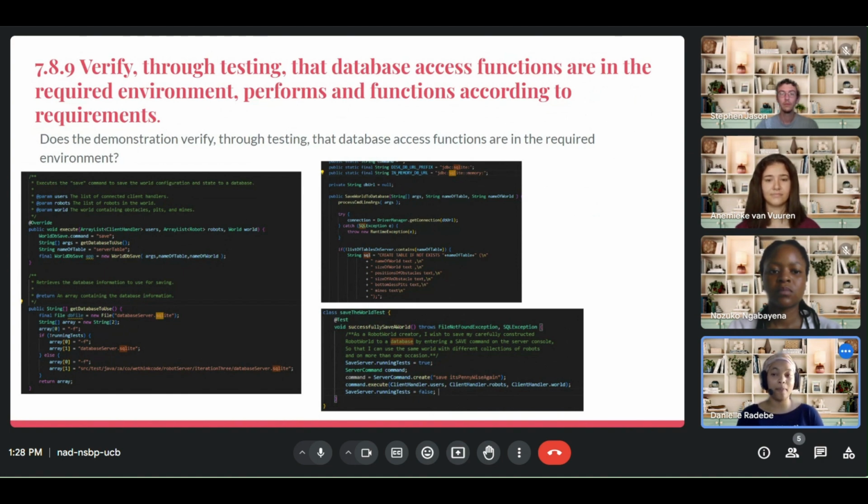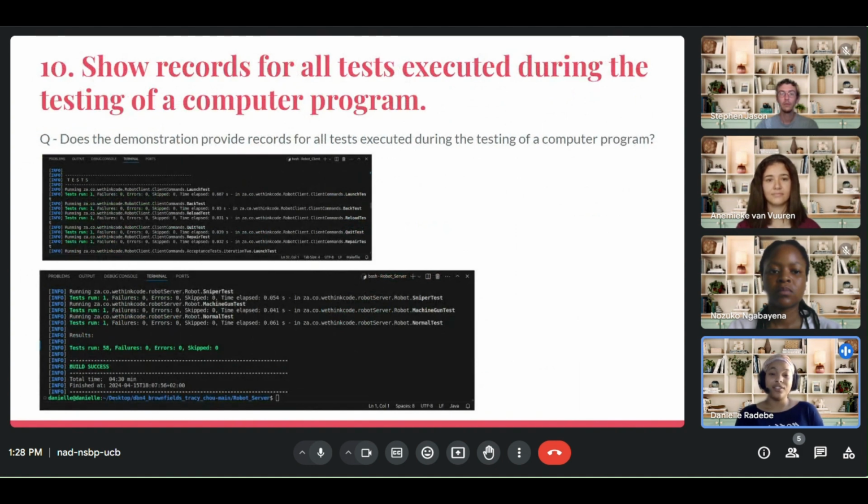Show all records for tests executed during the testing of a computer program. After running all of our tests, including the acceptance tests that were written, every test for the different iterations that we had to enter, and lastly the functionality tests of the robots being able to attack, shoot, and shield,